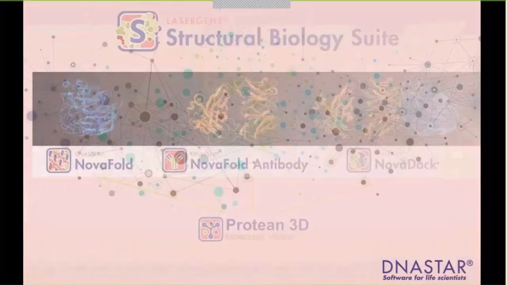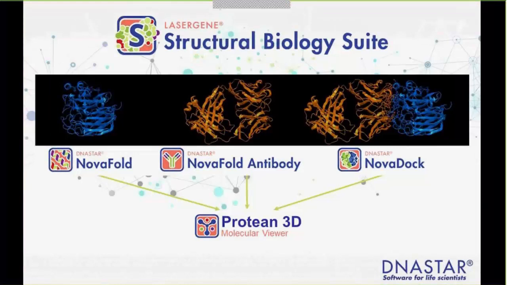In addition to the structural biology suite, we also have an evolving line of Nova products, which are tools that we've been developing over the past couple of years, designed to construct models, structure predictions, antibody structures, protein-protein complexes, and feed that data into Protean 3D for molecular visualization. So the 3 main areas and the 3 products that we currently have with structure prediction tools